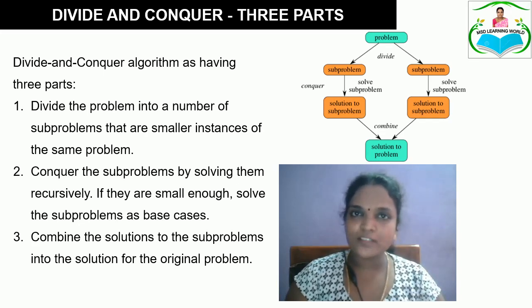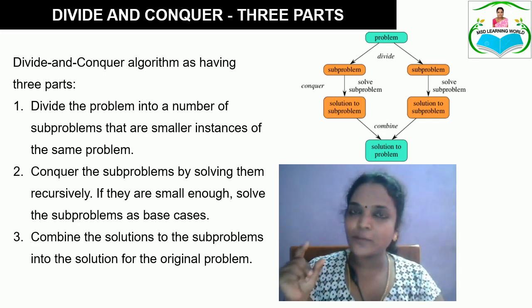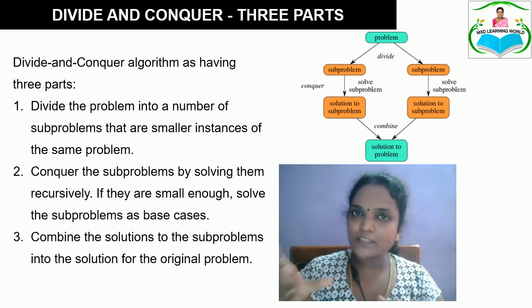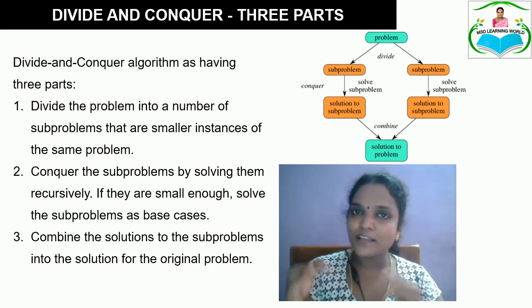In the divide process the problem is divided into sub problems. Then in the second step, conquer, the sub problem is examined. If the sub problem is small, then we solve it directly. If the sub problem has a large number of elements, then it is recursively divided by calling the first step again, and the conquer process is completed. Then the third process is combining the solutions of all these sub problems in order to arrive at the desired solution for the original problem. Here the original problem is the larger problem.